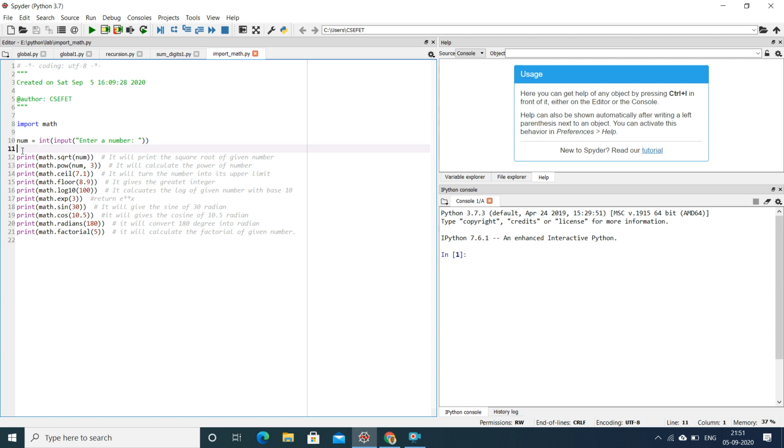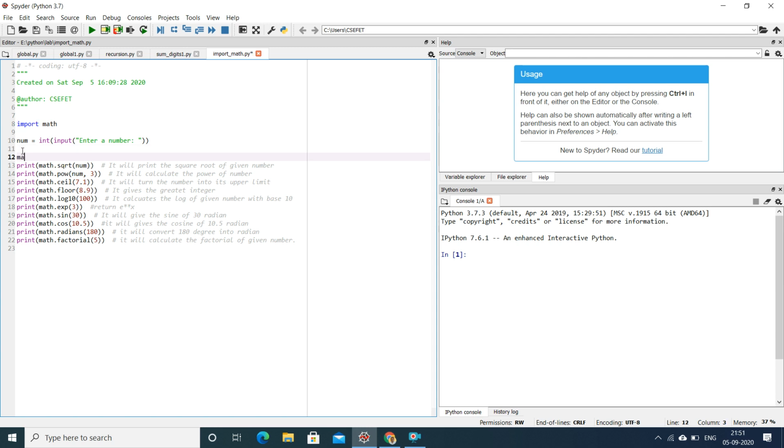Now there are different functions in the math library. For example, as soon as we type math dot, these many functions which it supports will open up, and we can scroll down and choose whatever function we want. For example, floor, gamma, gcd, isfinite, log10, pow, radians, sqrt, trunc. There are so many functions, and we can choose them just by writing math dot.